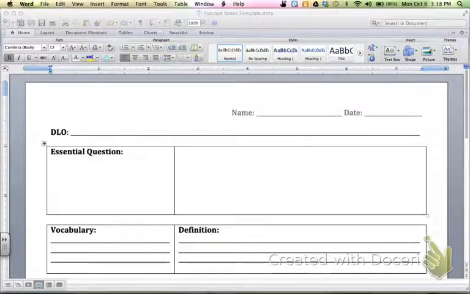But our DLO for today is I will learn about slope. And you can go ahead and put your name on it. I definitely want you to put the date on here, so go ahead and fill in today's date. And we're going to start this new